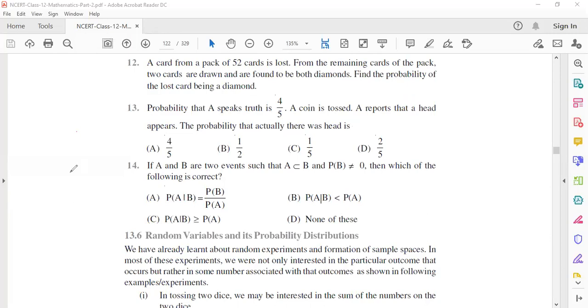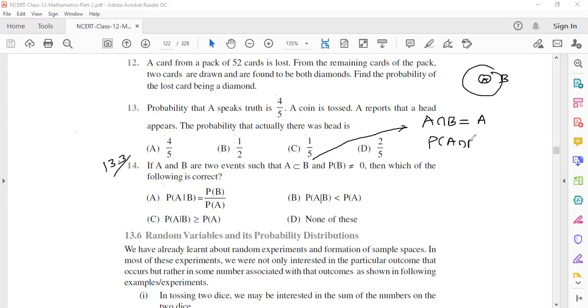Last question. This is our last question, exercise 13.3. If A and B are two events such that A is a subset of B, what will be the value of A intersection B? A is inside B, so their intersection will be equal to A. Then we can say that the probability of A intersection B will be equal to the probability of A,